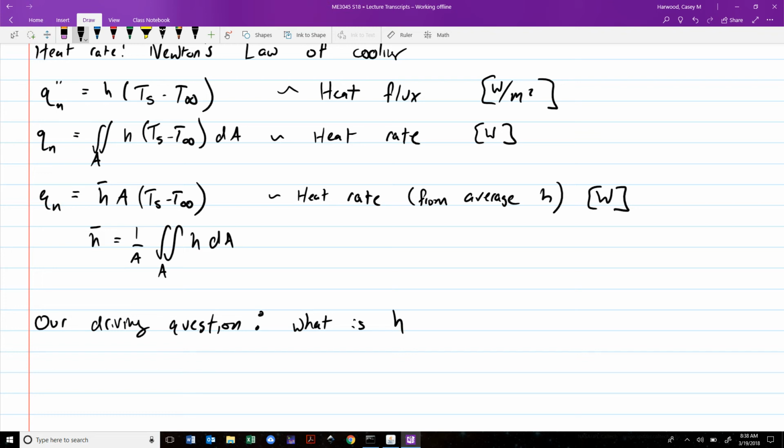What is H? Or rather, how to find H. Okay, so we went ahead and set up an energy balance, right? We say if we have a fluid flowing past an object, then we're going to have this development of different kinds of boundary layers. There's a thermal boundary layer, a velocity boundary layer, and the only task of a boundary layer, or the role